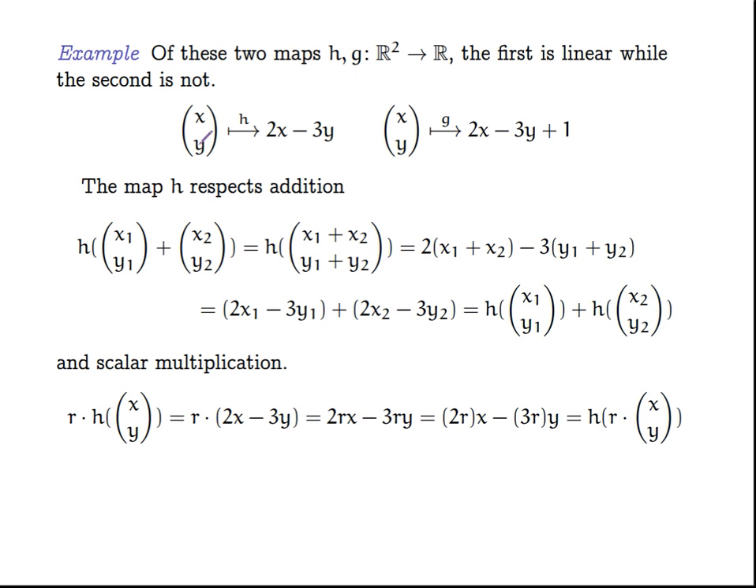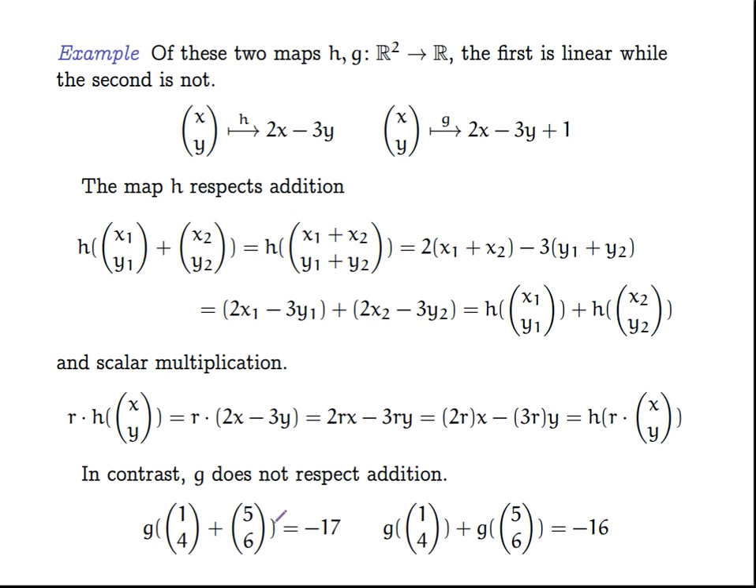Okay, the first map does respect addition and scalar multiplication. I'll leave you to verify that. But the second one does not respect addition. You can use some example like this. I guess the usual easiest way, if there's a constant, is to show that it doesn't respect